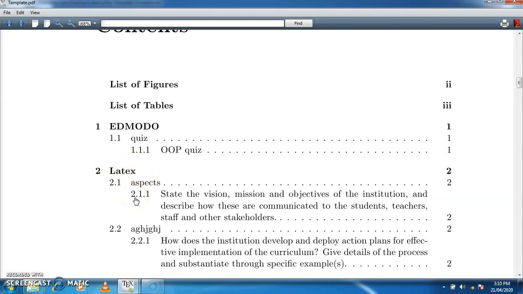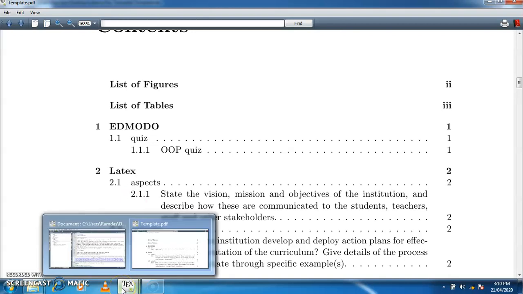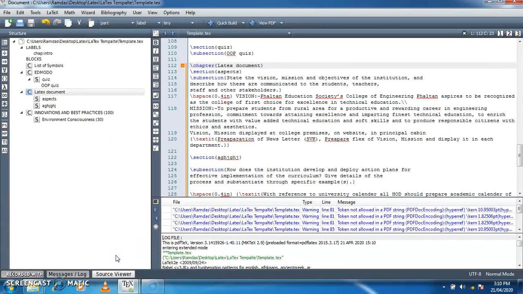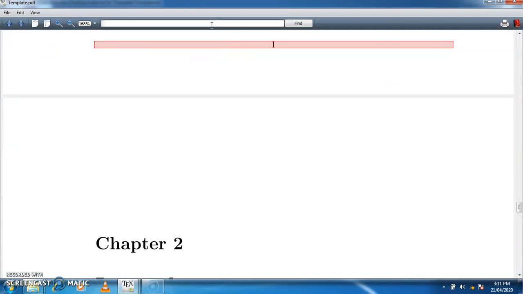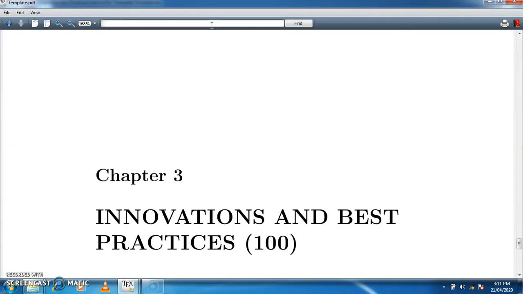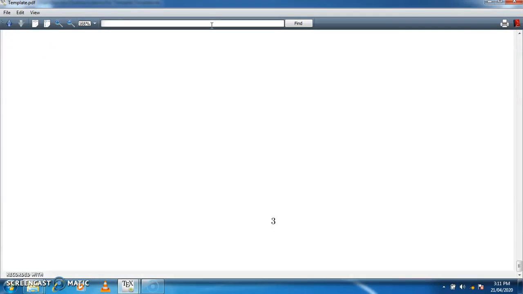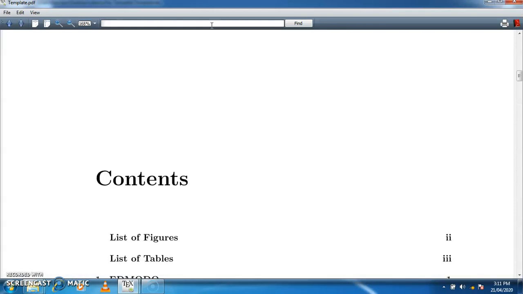Why has this name not been changed? Because whenever you want to update your index, the LaTeX document requires two successful compilations. Here I am not going to make any changes in my document, but I am recompiling it. After recompilation, we'll see what happened to our index.